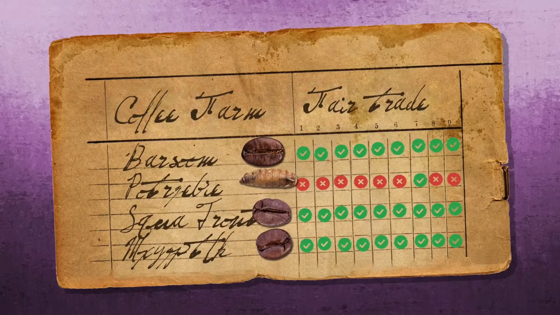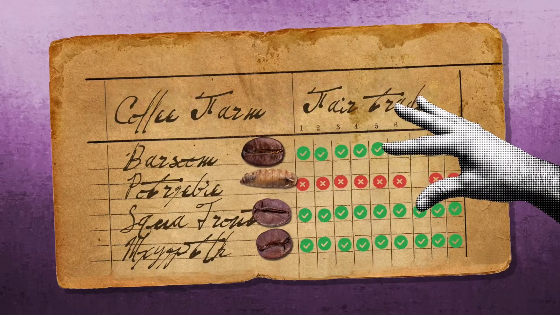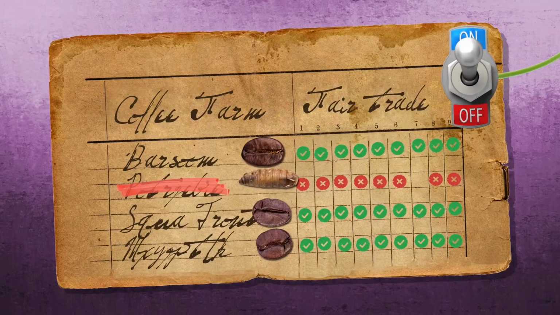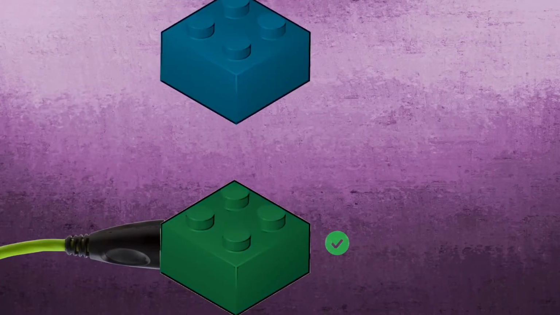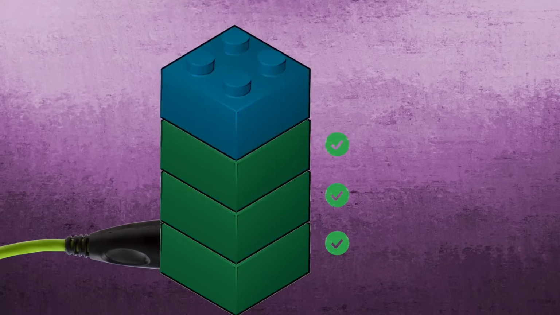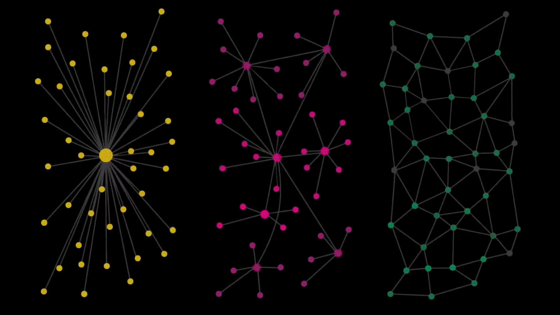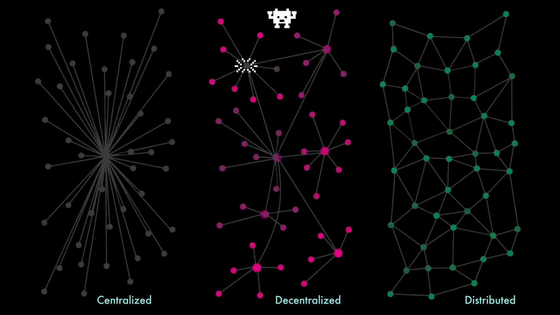That way, no one could cheat the system by editing records, because everyone using the system would be watching. Systems like this are on the horizon, and the software that powers them is called a blockchain. Blockchains store information across a network of personal computers, making them not just decentralized, but distributed. This means no central company or person owns the system, yet everyone can use it and help run it. This is important because it means it's difficult for any one person to take down the network or corrupt it.